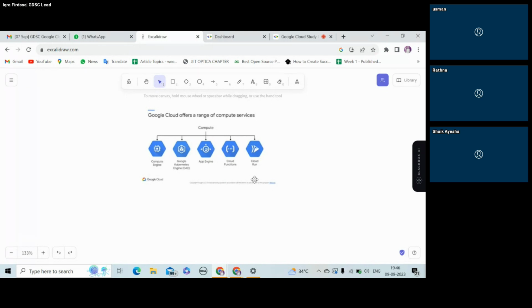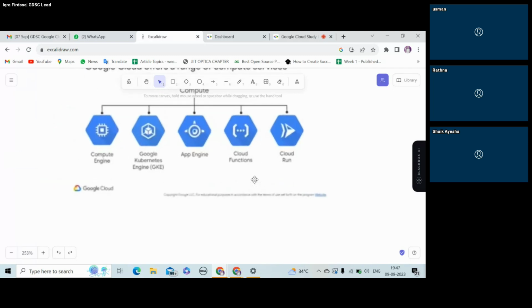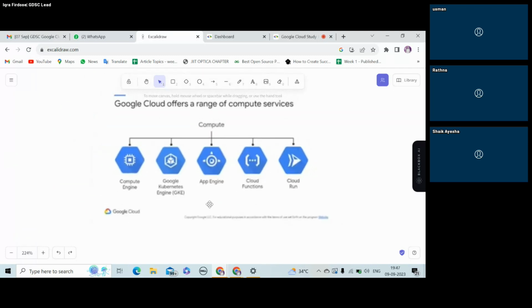As we all know, Google Cloud offers a range of services. The services offered under compute are Compute Engine, Google Kubernetes Engine, App Engine, Cloud Functions, and Cloud Run. Compute Engine is used for applications which use authentication, like databases, and Google Kubernetes Engine is used for applications which use lots of data and structure that data in the form of containers. We use App Engine for applications like Android or iOS apps, and for applications related to serverless components that use